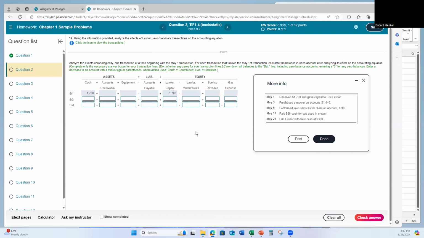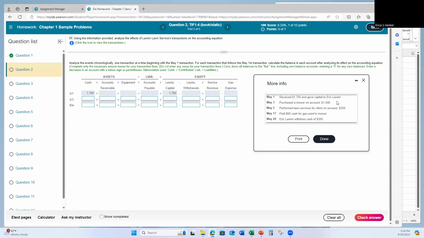Now, our next transaction, we are purchasing a mower for our landscaping business on account, $1,440. So what that means is if we see those magic words "on account," that is cluing us in that we did not exchange cash. We didn't receive cash. We didn't pay cash. So if we're buying something and we're not paying cash for it, that means that we owe somebody money for that. And they're putting it on their accounts, which means they're expecting us to pay that in the